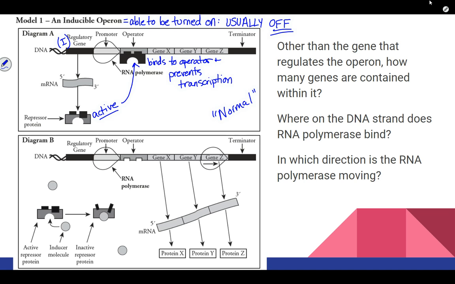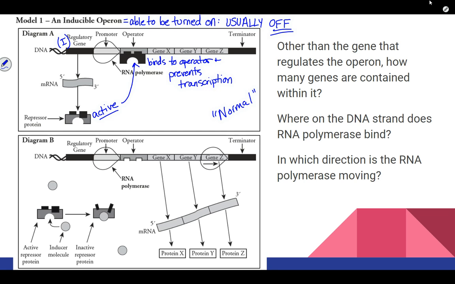Because most of the time the cell doesn't need these genes to be functioning. They don't need these proteins, perhaps the enzymes to digest lactose. If there's no lactose, you don't need to make those. But if that substance becomes available, if we're talking about the lac operon, if lactose is suddenly available in the environment, then you want these genes to turn on and make those enzymes so the cells can break it down and use it. So the lactose itself, or a molecule that's usually found with lactose, usually acts as the inducer